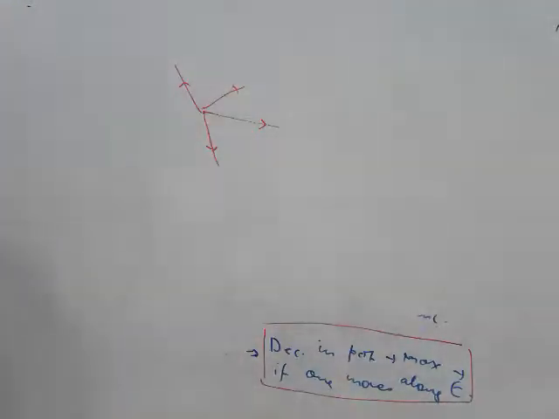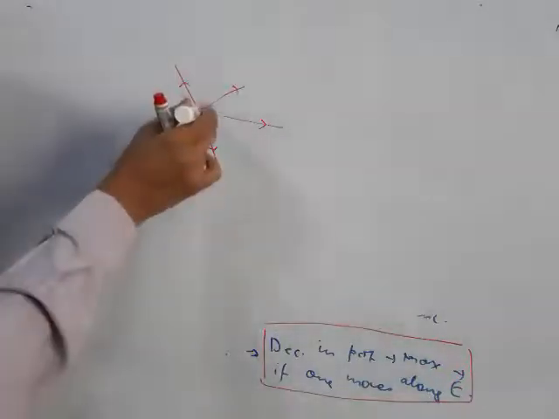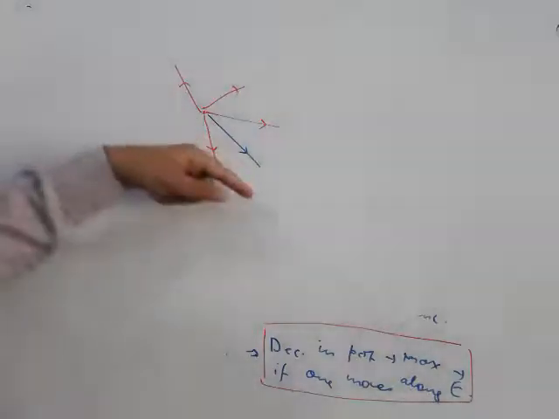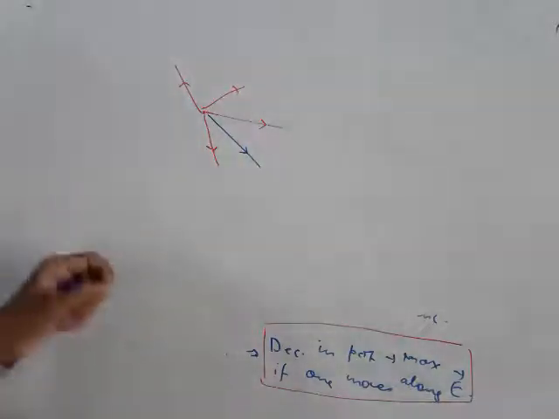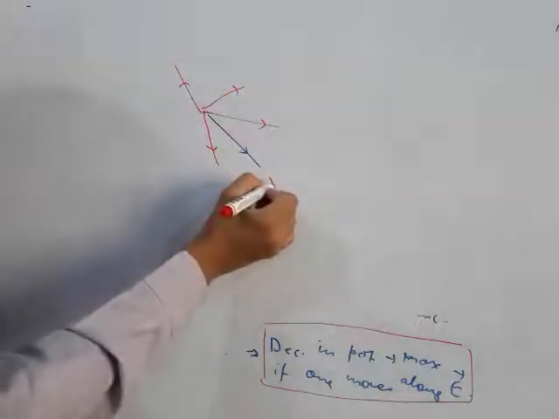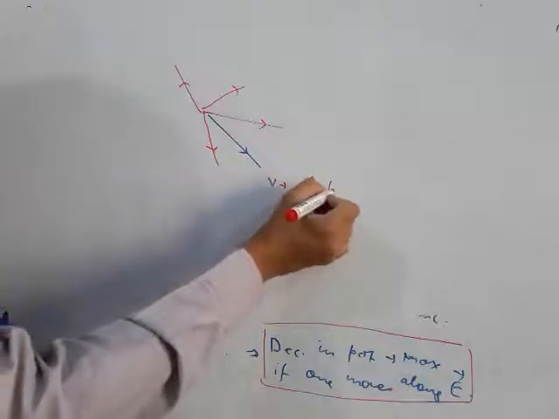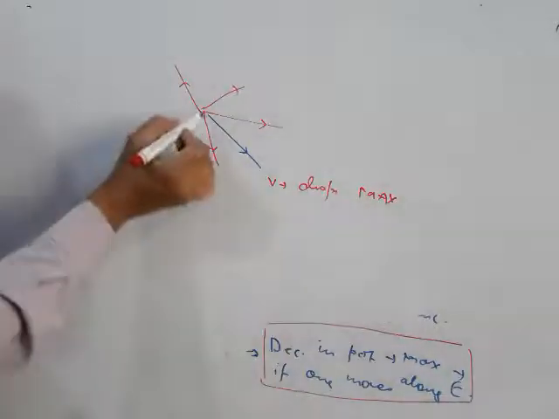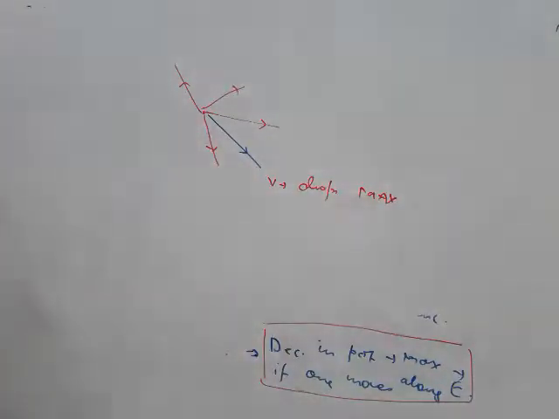Of all the possible directions along which you have moved, there will be one particular direction, say this one, along which you will find that on moving in this direction, the drop, the decrease, the reduction in potential is maximum. In this direction, its potential drops by maximum amount, then you can infer from this that this line, or this curve, must be the direction of electric field. So very important statement, students.